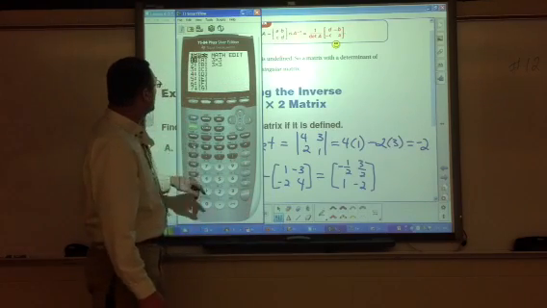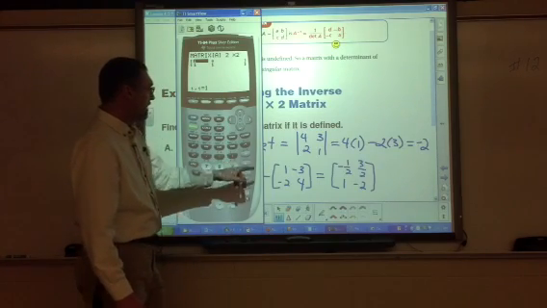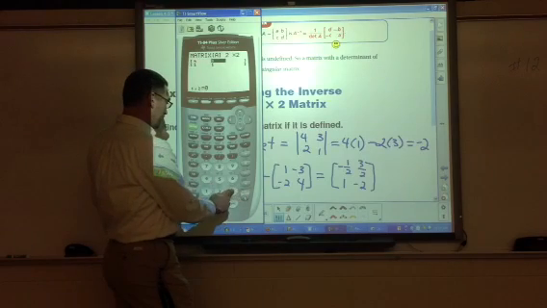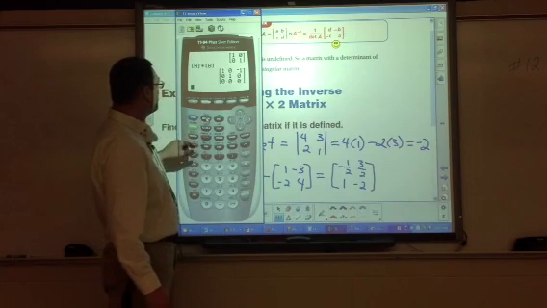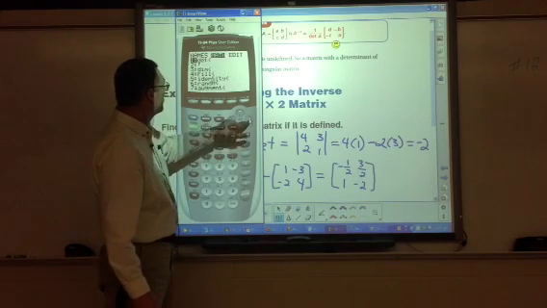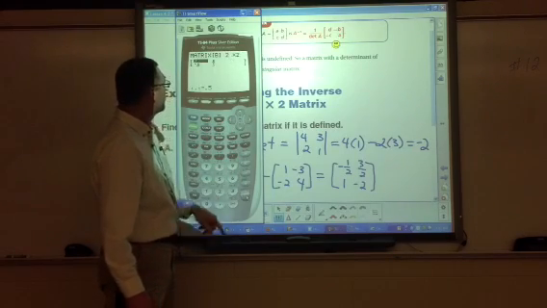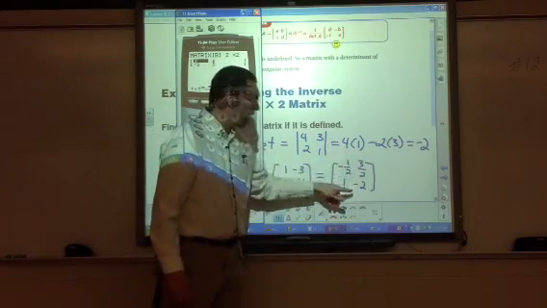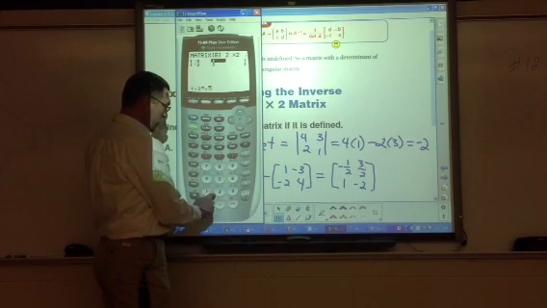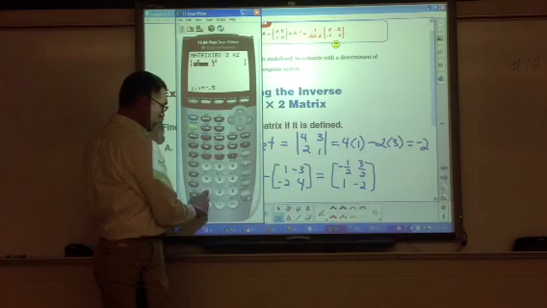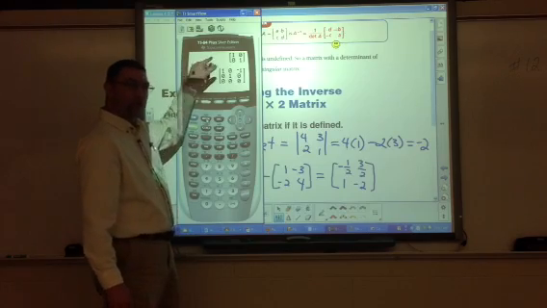So I'll go back to my matrices, make this 2 by 2, and we have 4, 3, 2, 1. And change matrix B. That's a 2 by 2. And matrix B is now going to be our inverse matrix that we got here. So that's negative 0.5, 1.5 is 3/2, 1 and negative 2. And so then back on my home screen then, I've just been multiplying A and B,